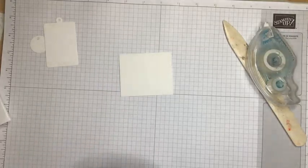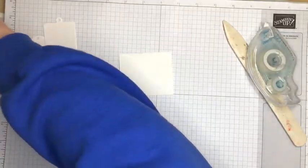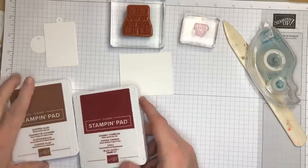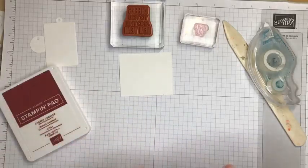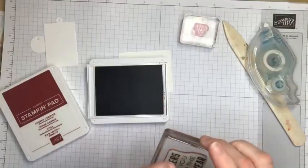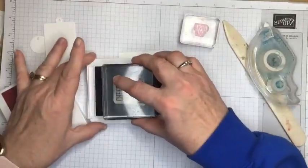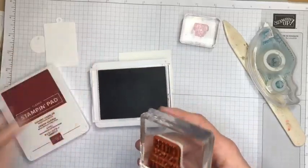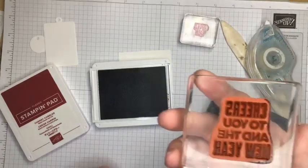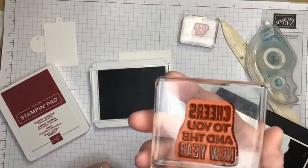So let me get my stamps. They're over here in my ink. I'm going to be using two colors of ink. I'm going to be using the copper clay ink. So I'm going to start, and with my Cheers to You, I am going to be stamping it first. Whoops, I've got ink all over the side. So let's just grab my... you can see that when I stamped it, I have my ink...